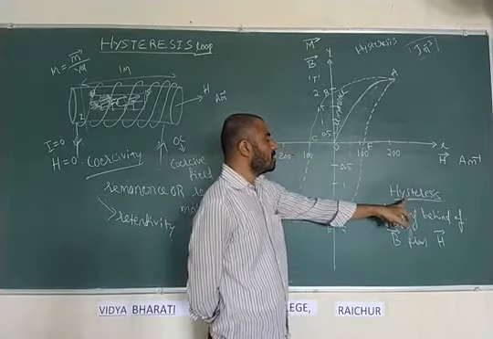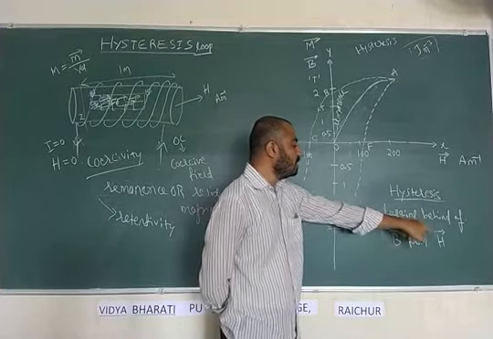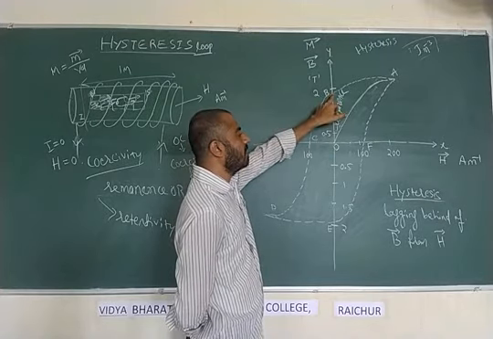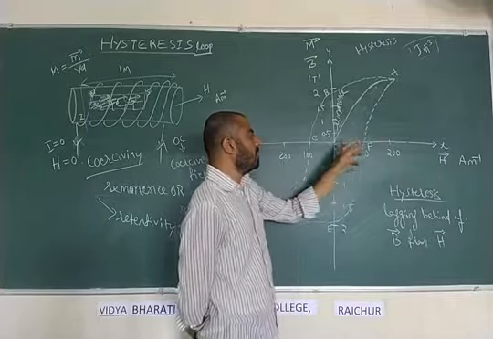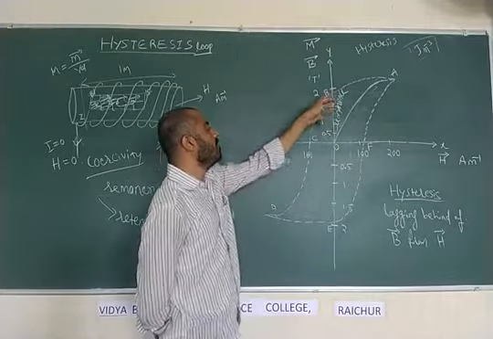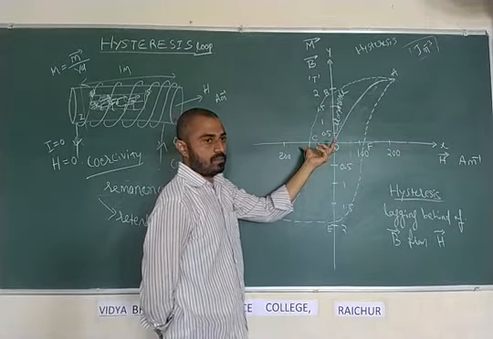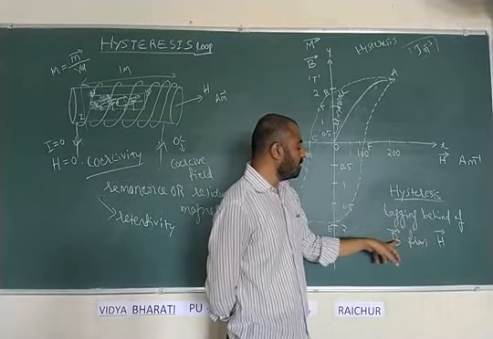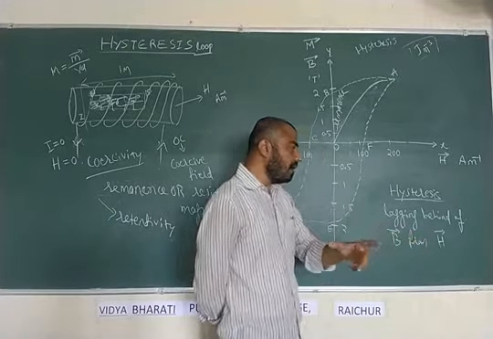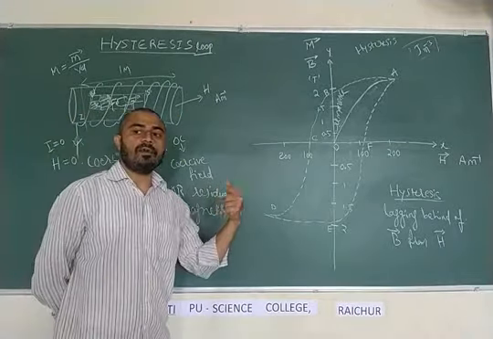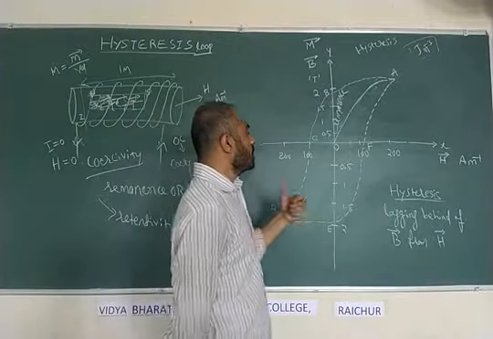Got it? Hysteresis is a phenomena of lagging behind of B vector. Here it can be seen how B vector is lagging behind when it is compared with the H. Even if we make H equal to 0, B will have some value. When B will be 0, there will be some advanced H. All the time, throughout the one cycle of magnetization, the phenomena of lagging behind of the B vector from the H vector of a ferromagnetic material when it is subjected to one complete cycle of magnetization is called hysteresis.